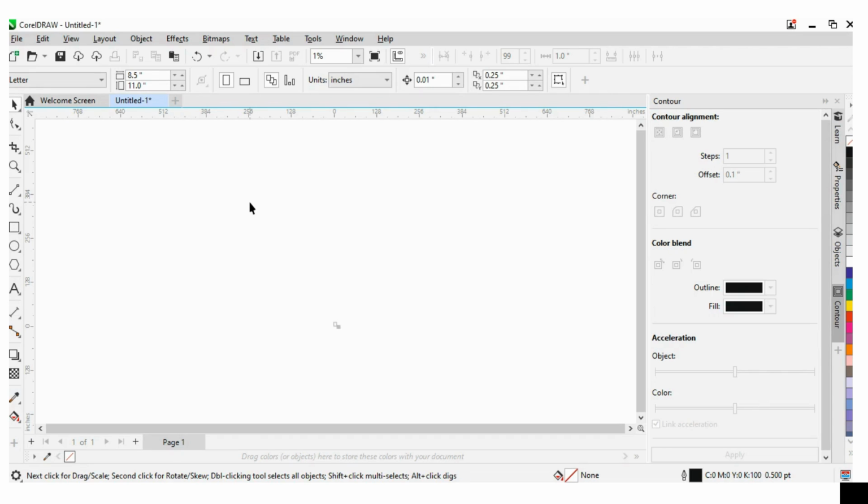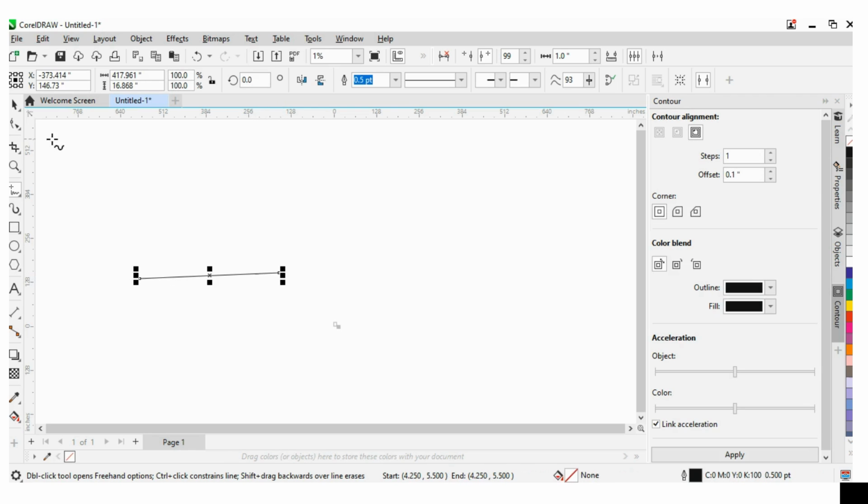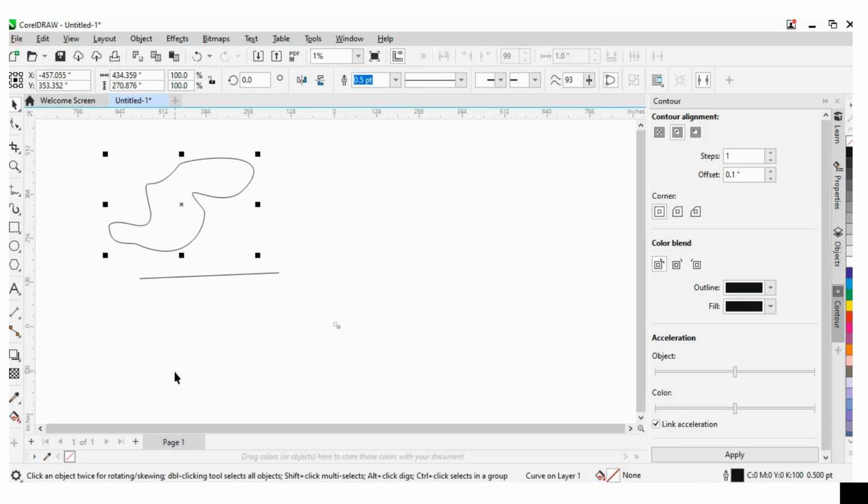Today we will see how to use the 2 point line tool. In previous videos we have discussed the freehand and Bezier tools. I will give you a quick note. The freehand tool is similar to the 2 point line tool, but the difference is that while clicking and dragging, you can draw the image as the name suggests, freehand. Freehand sketches can be made,